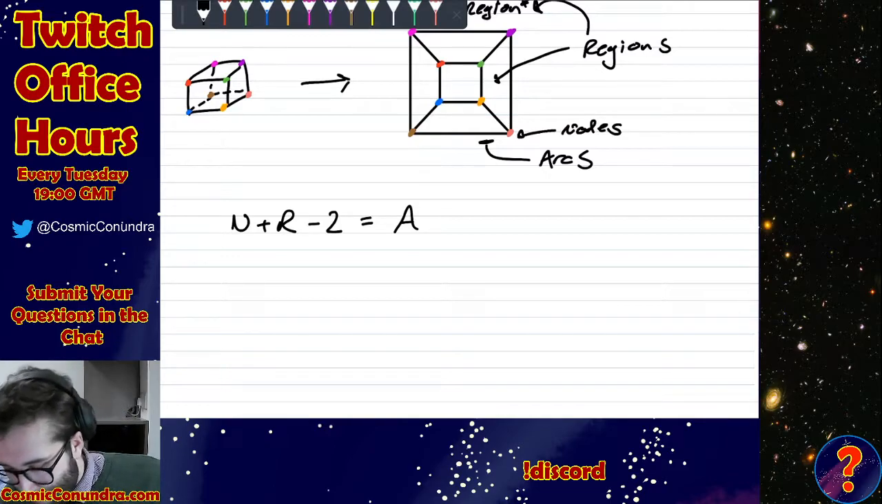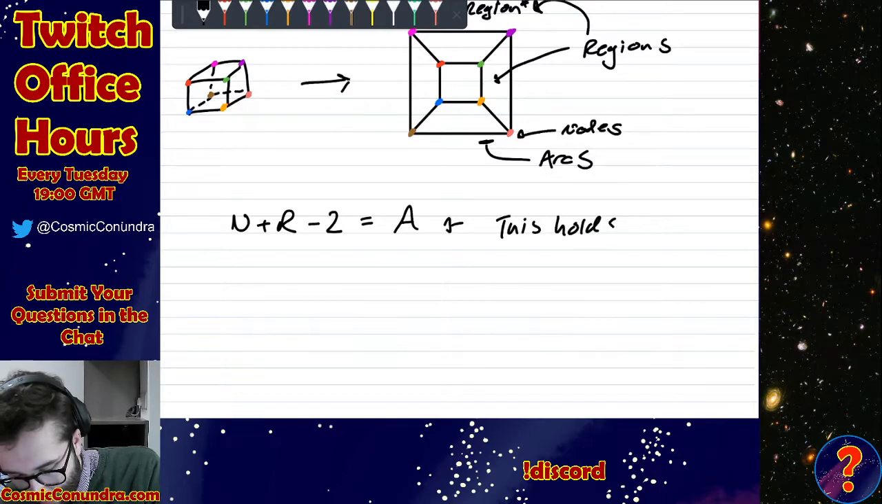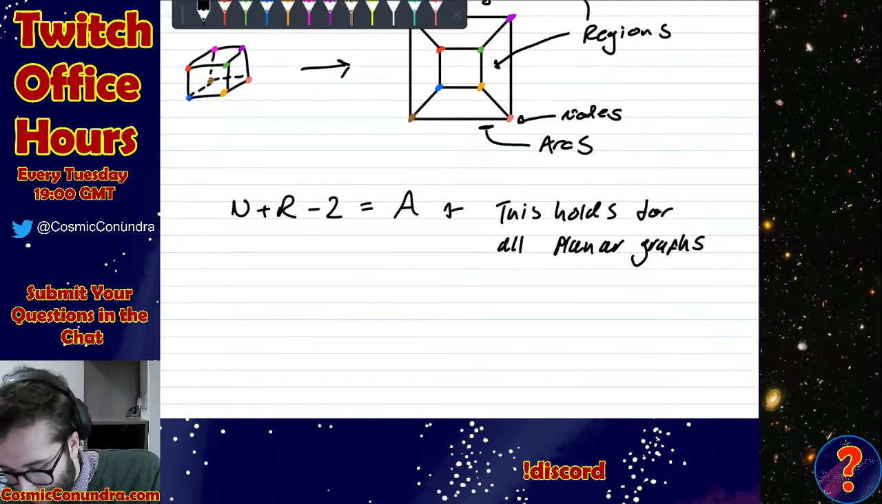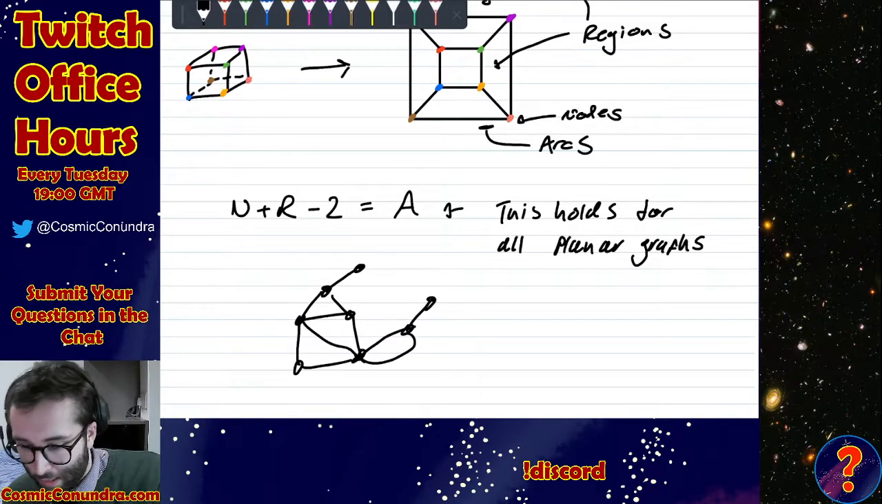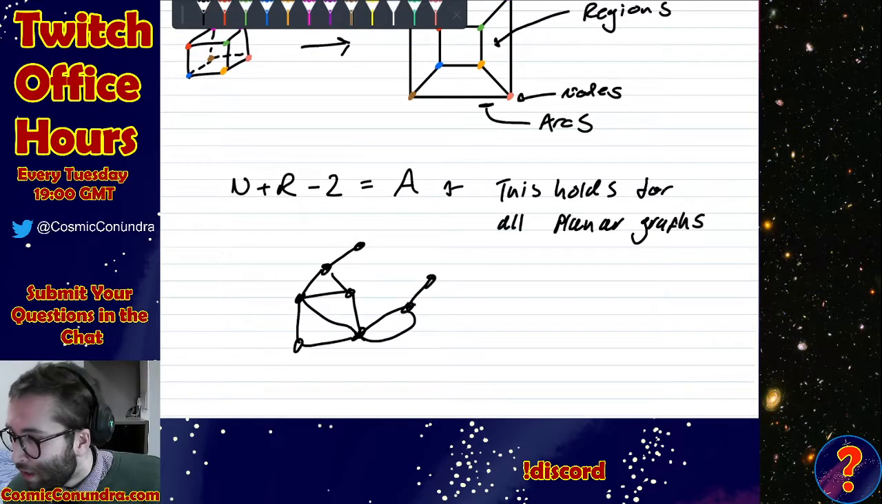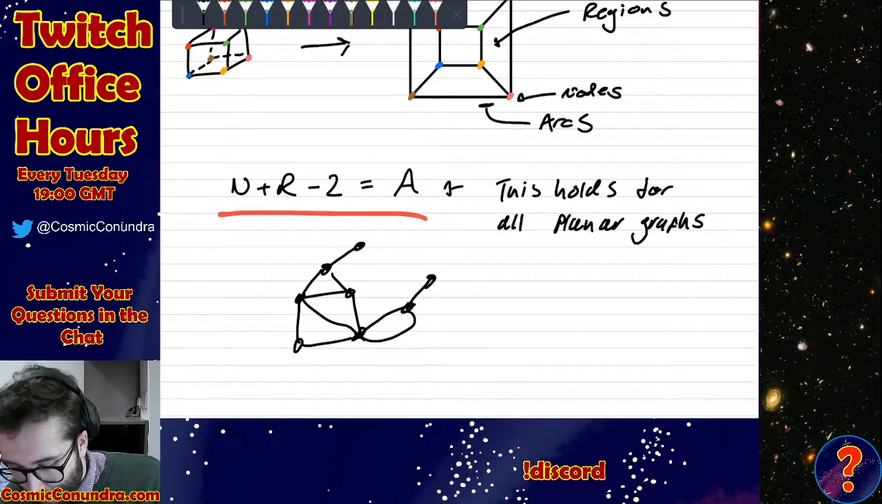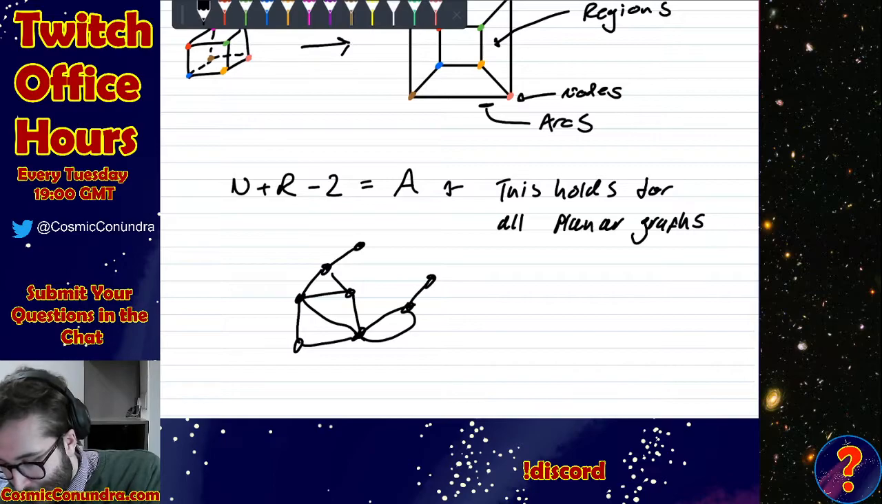So if you want to prove that this holds for all planar graphs, say you assume it's true for some complicated graph, something like this, which is planar but a bit ugly looking. Well, what you can do to prove that this is true, if we assume it's true for this funny looking graph, the procedure you can follow is to first